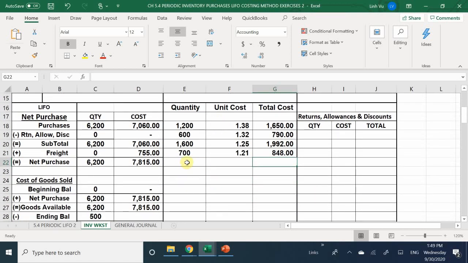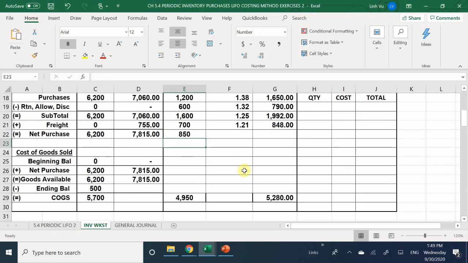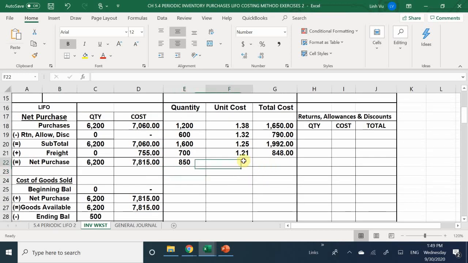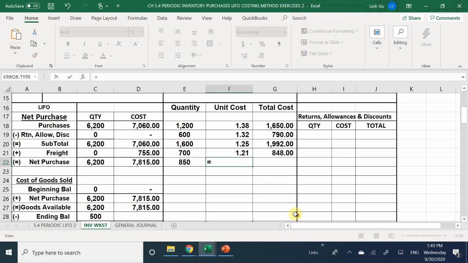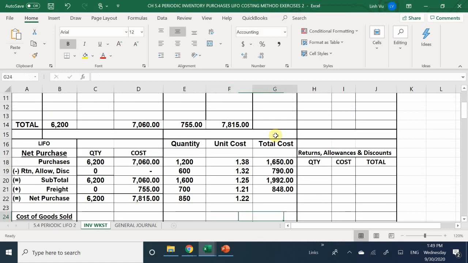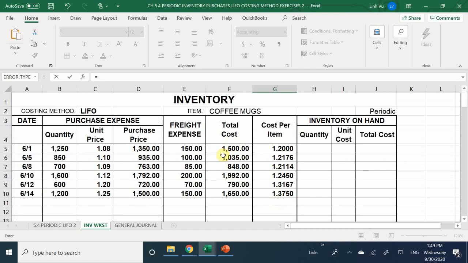Did we do that on the sheet, the real sheet? No. Okay, that's the one I was asking you about. We are taking the 850. And we're taking all of it. Yes, because now we only have 4,950 items sold. So let me go ahead and fill in this piece of information so I don't lose it. So here, again, I don't need calculations because I'm taking the whole batch of